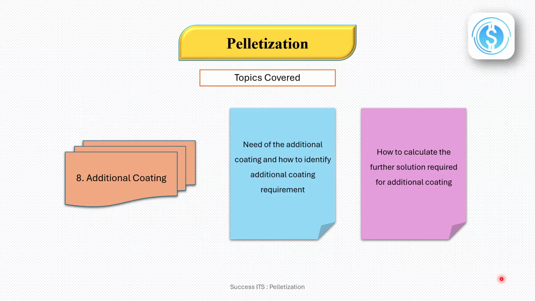Next, we will learn how to calculate the additional coating solution required, and this includes determining the remaining coating weight to be achieved, calculating the quantity of the coating solution needed, and ensuring that the required coating is applied without exceeding the specified limits. We will explain these calculations using simple formulas and practical examples so that they are easy